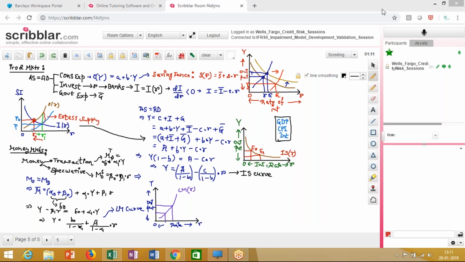So that's an offshoot of it, right? But this is the pure IS-LM model that we learned in our macroeconomics days. Okay. So the other thing is that when we talk of output and when we talk of pricing,